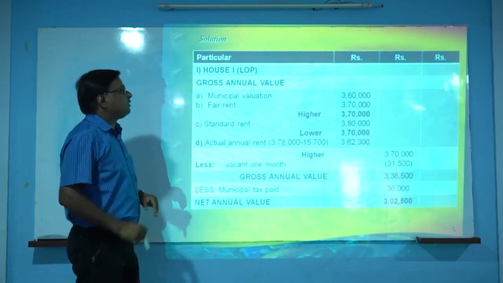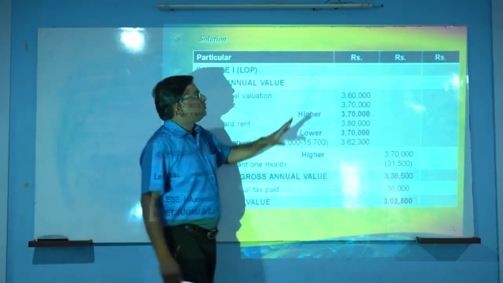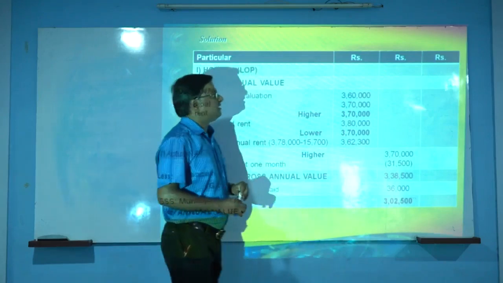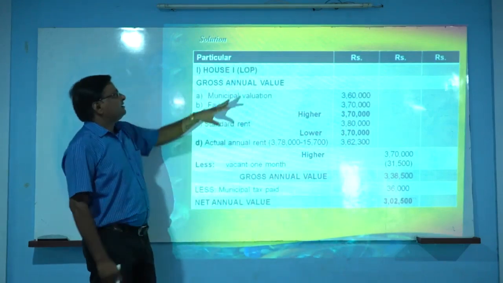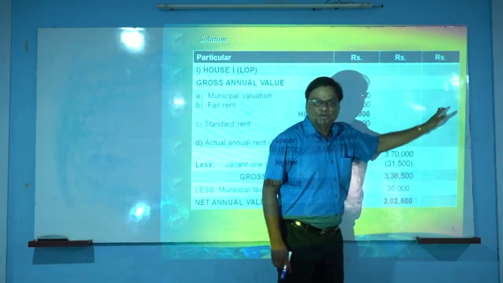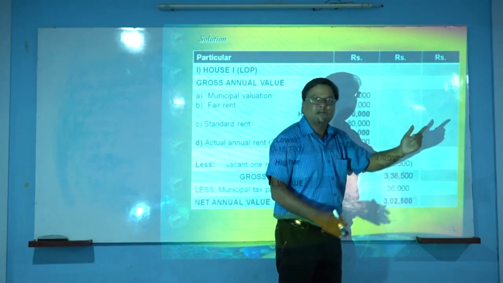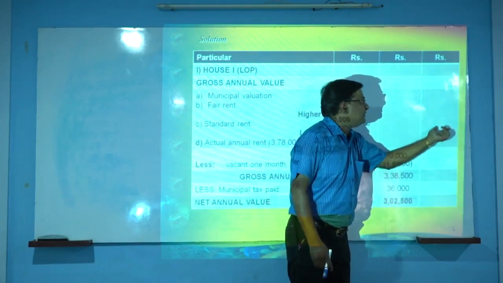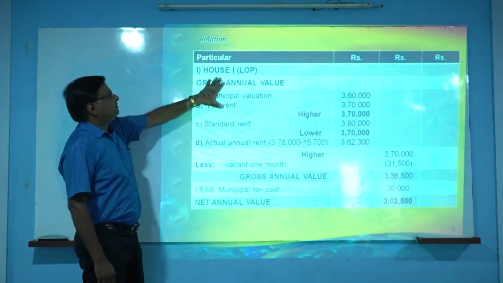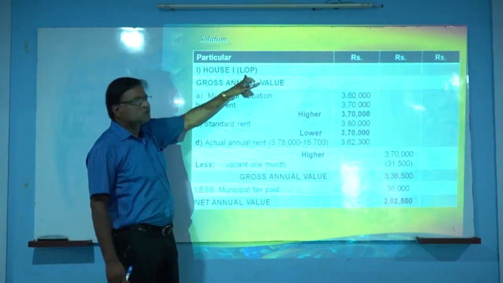These are the steps we have to apply here for house 1. It is an LOP property. We have to prepare 3 separate columns for amounts. The first and second columns are the inner columns, and the last column is where we put the final value, the final net income from that particular house. That amount will come into the last column. Then we have to calculate first for all properties of LOPs; the first house is also LOP.